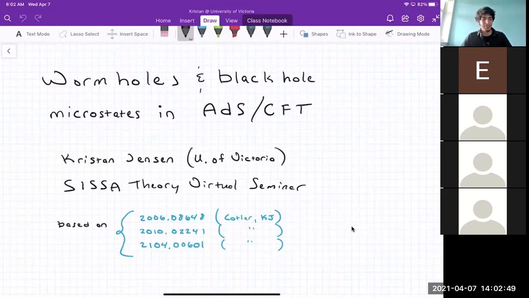Okay, well, thank you so much for the invitation. It would be infinitely nicer to see you all in the flesh, but this is the way of things. Let's get started. This talk today is largely based on a paper that I wrote with an excellent postdoc, Jordan Kotler, that appeared last week on arXiv. It's this one right here. Although there are a couple of earlier works that were essential in setting up the story that I would also suggest taking a look at, if you're interested in these things.